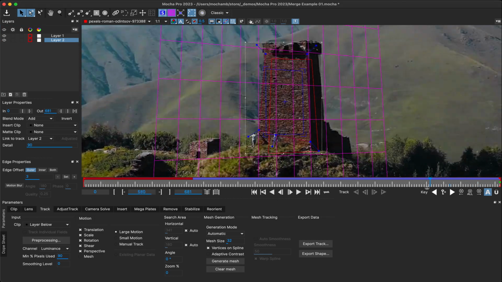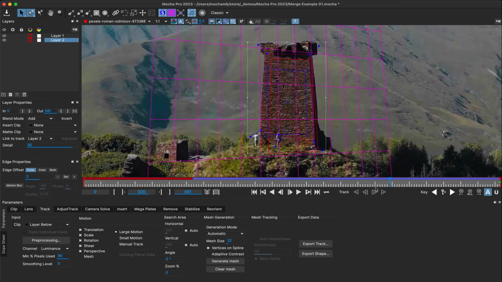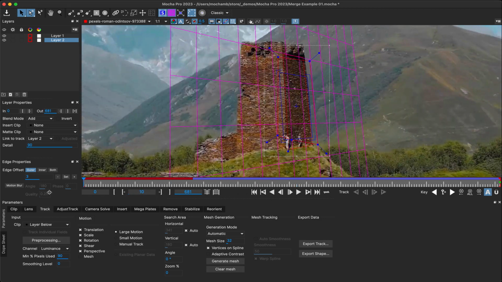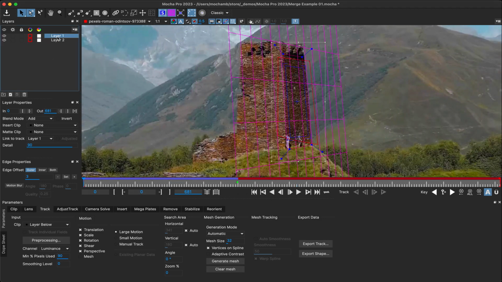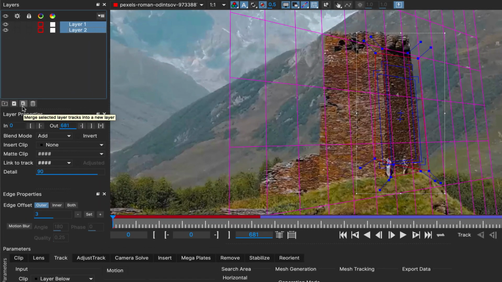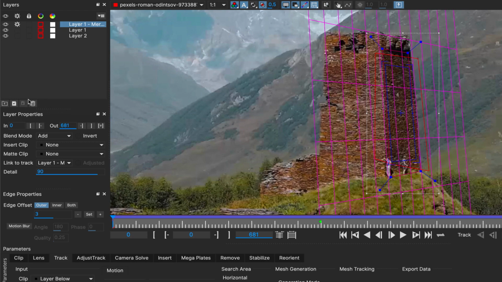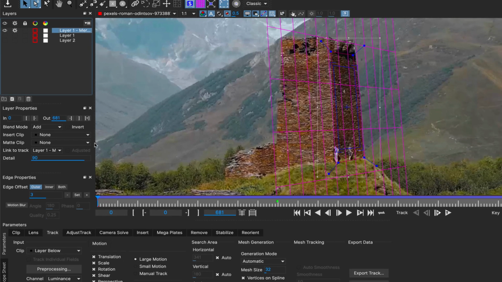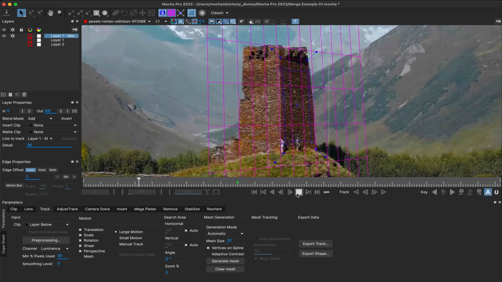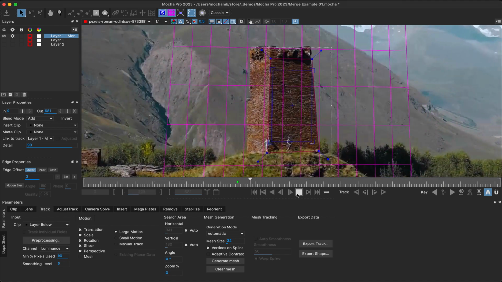This means difficult tracks where several approaches are required can be combined for easier export. Layer merges work in a top-down approach, with the top layer's tracking data taking precedence over the next one down, and so on, until all tracking keys are merged. Once merged, a new layer is created, using the splines from the topmost layer.